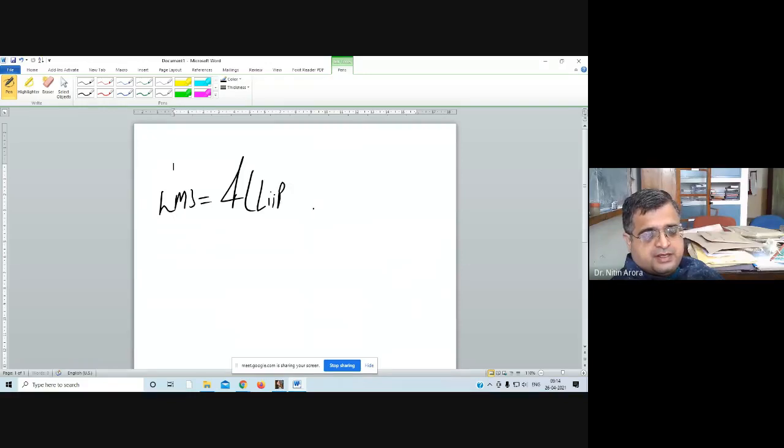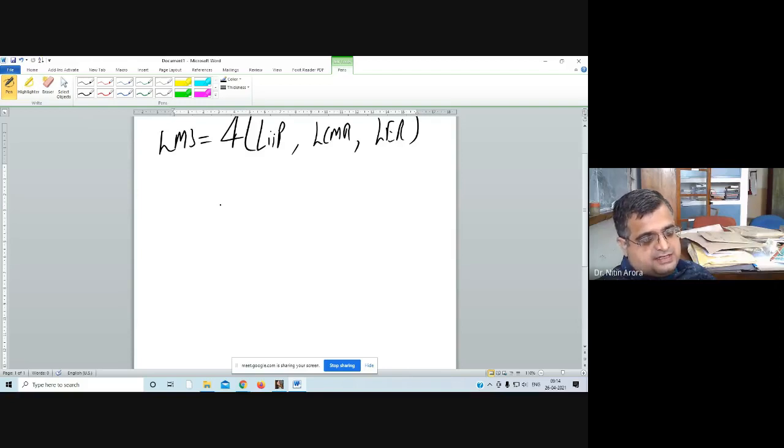Then LCMR, that is the rate of interest, and LER, that is the exchange rate. In an open economy, obviously, exchange rate matters a lot in determining demand for money. LIIP is affecting demand for money because classical says output affects the demand for money. Keynes says demand for money is affected by interest rates, so interest elasticity has been computed. Since I have taken the log, I am estimating a monetarist type of demand for money function,